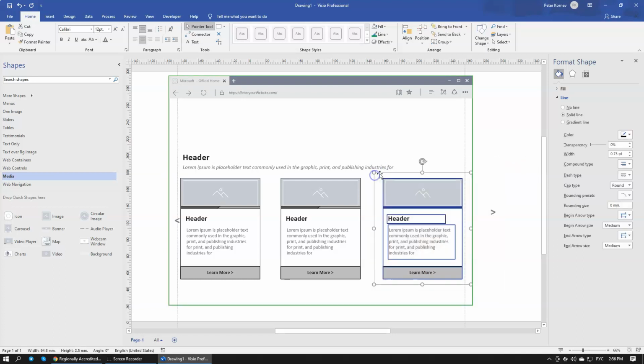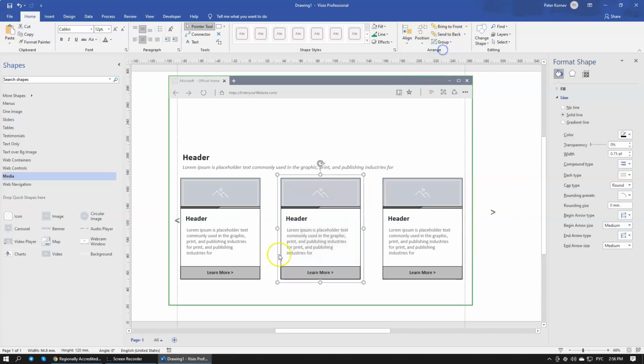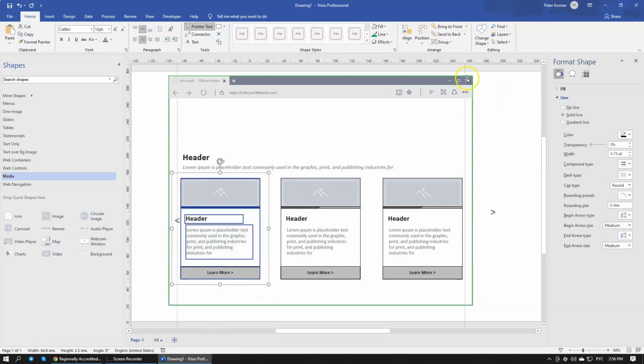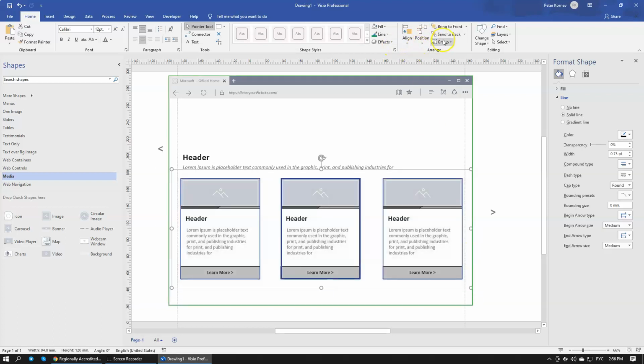All that we need to do is to group this one. We can group this one. And then we group this one. Oops, without the arrow, just this guy. Group. Now that they are grouped, I'm going to move this arrow out of the way so it doesn't interfere with my work. Once they're grouped, we select all of them, and then we're going to go to Position,